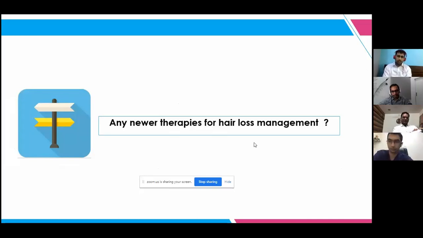Amongst the procedure-based therapies, we've been doing Regenera Activa, which I told you, which is an autologous micrograft therapy, over the last 2.5 years. It's a selective therapy, so we can't really use it for all our patients because of the cost involved. But if you have the right patient selection, then results are encouraging.